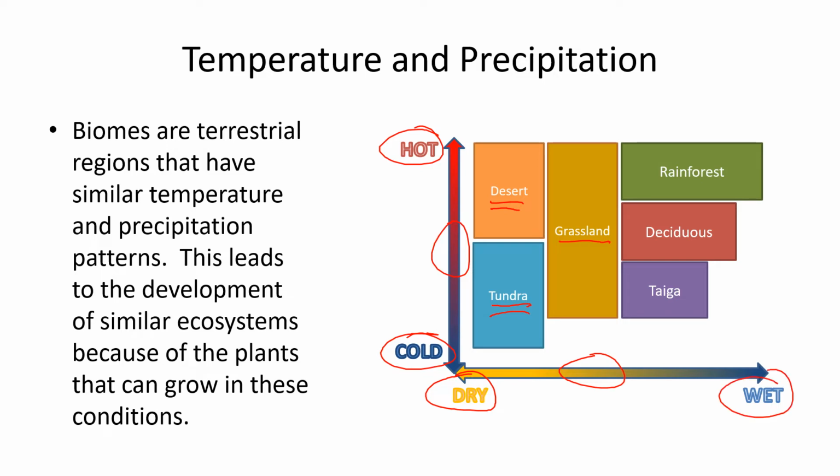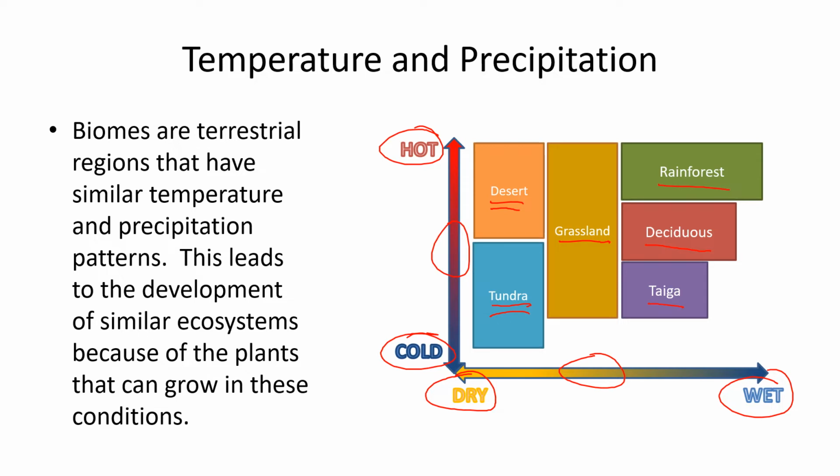And then at the wetter end here, depending how warm it is, you get different forests. The taiga is northern forests, like here in Canada, we have a lot of taiga, where there's a lot of coniferous trees, and then deciduous forests, which is like southern Ontario here and further south into the US. And then, of course, rainforests down closer to the equator, where there's lots of heat and lots of water. And of course, that's where we get the greatest amount of biodiversity.